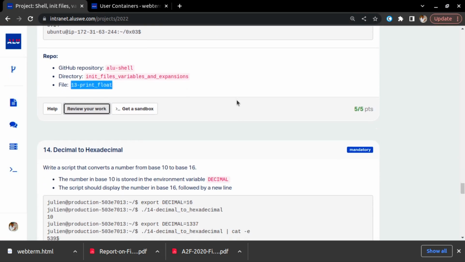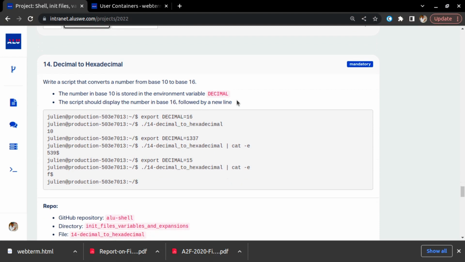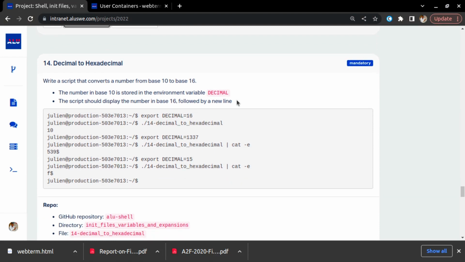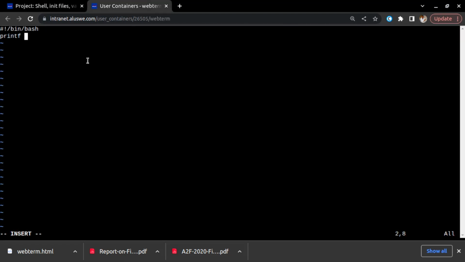Close. And here they said write a script that converts a number from base 10 to base 16. We have converted from base 2 to 10 the other time, right? So let's do for decimal now. The number in base 10 is stored in a variable decimal. The script should display the number in base 16 followed by a new line, meaning making use of \n. F for printing,